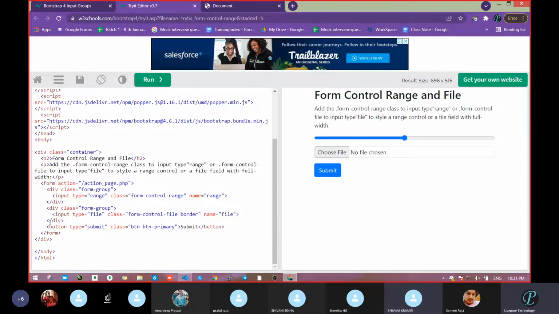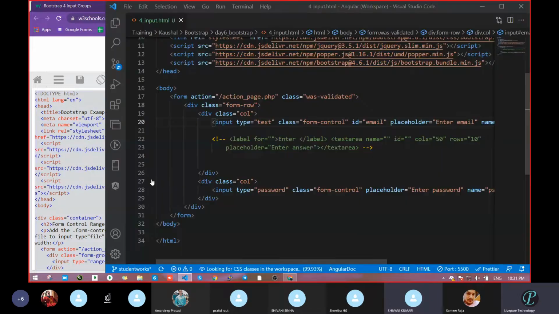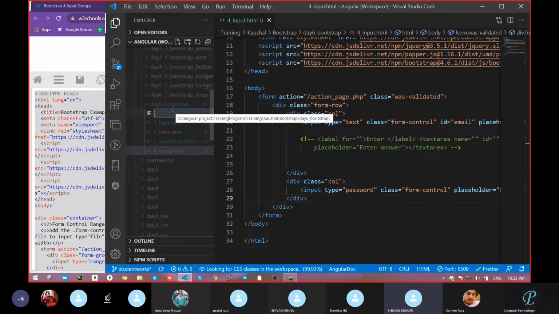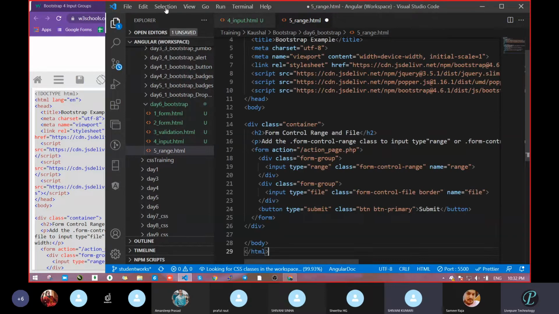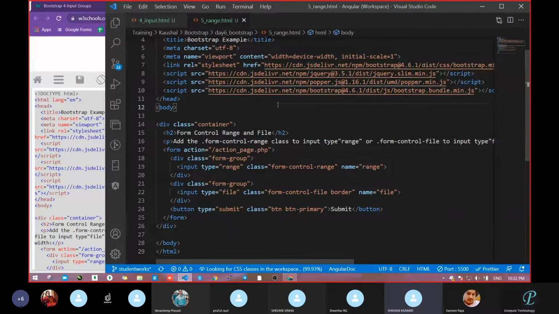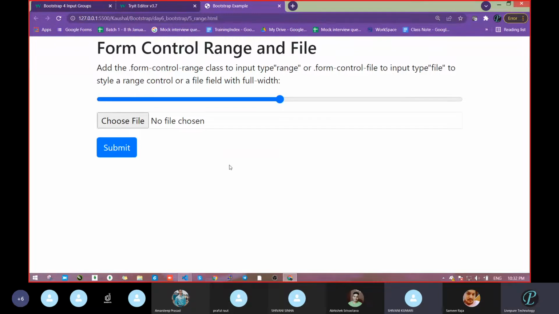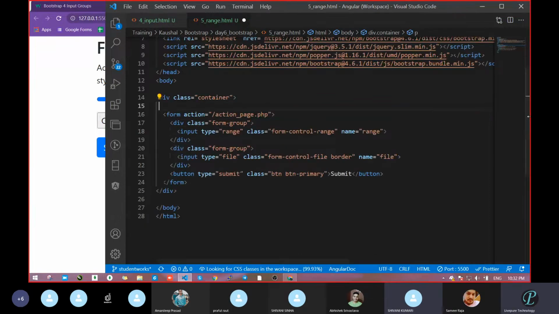So see what we had taken. Let me copy this completely. Already we had seen this in HTML, in the range case. We had seen this or not? I have no idea. Range.html, I think in HTML or CSS where we had seen the range or slider type. So see in this case, just to go through the code first.